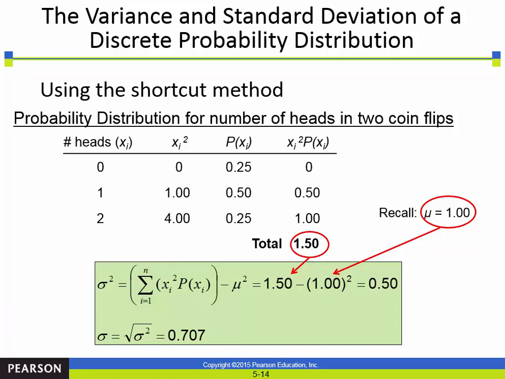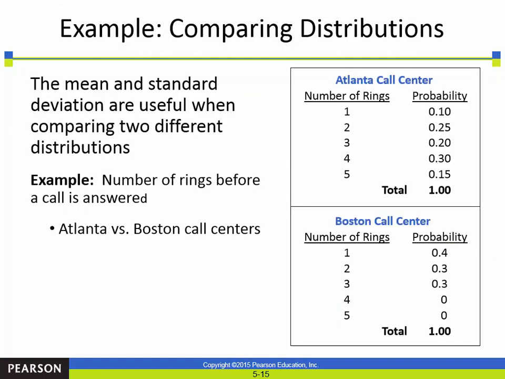There's their shortcut method. Again, I think it's easier just to use the table. It takes a few seconds to set it up, and once you do, you're done. What this is valuable for, the mean and the standard deviation, is when we're trying to compare two different distributions, right? We want to know which distribution has more variability in it. Again, I think we've already learned this concept. They're just reviewing it for us because then they're going to move into additional types of distributions.